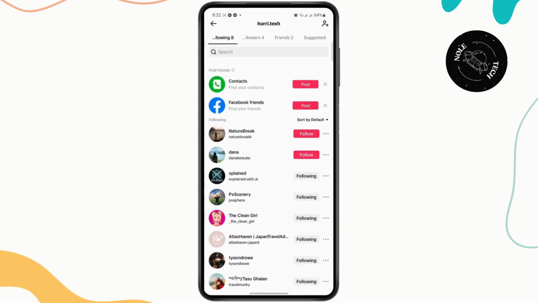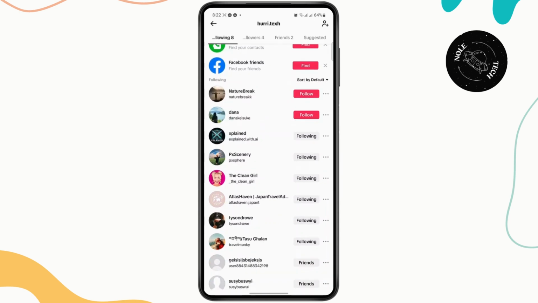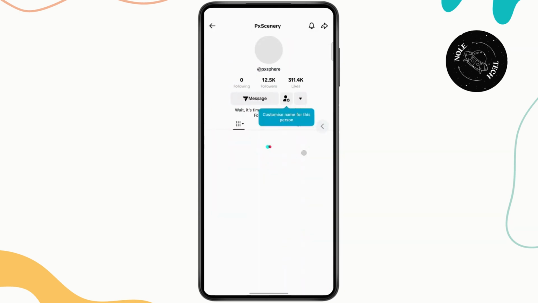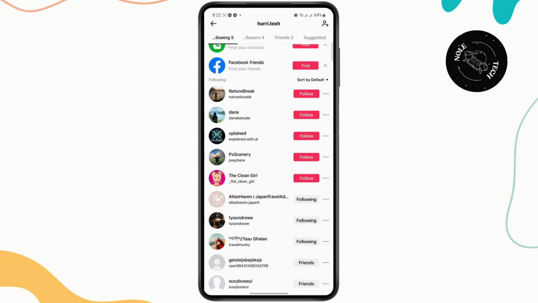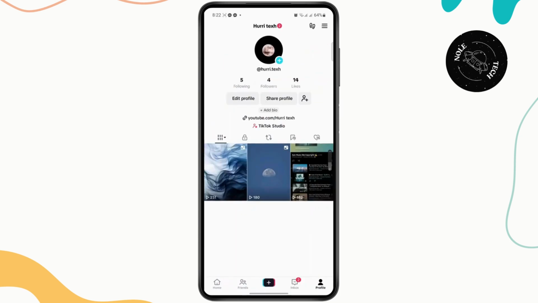So in order to unfollow everyone, TikTok does not have a dedicated button to unfollow all, but what you can do is tap on as many of the accounts that you can, like this. And if that still does not unfollow everyone, or if there are too many for you to tap on, just